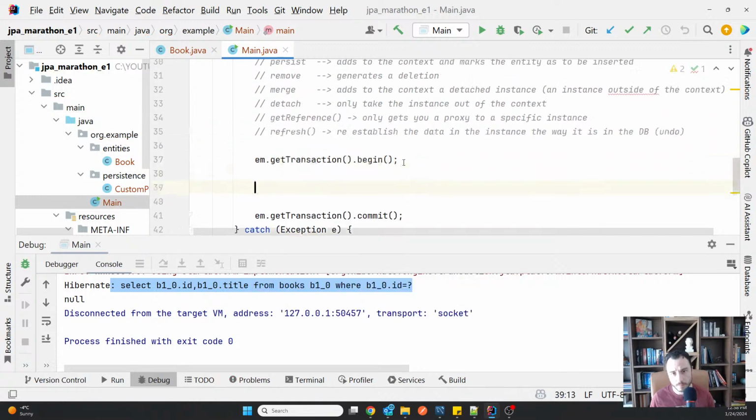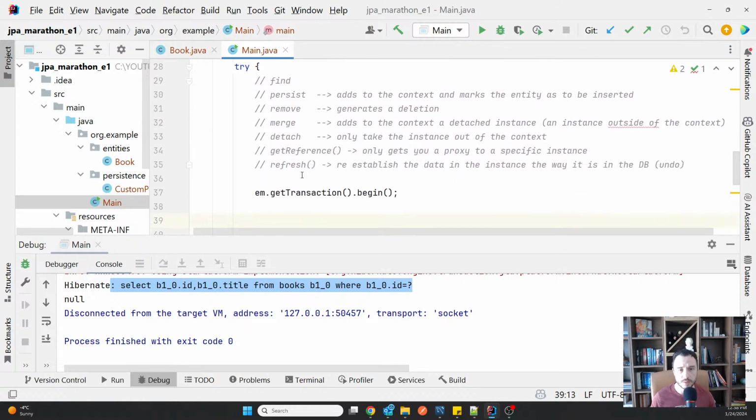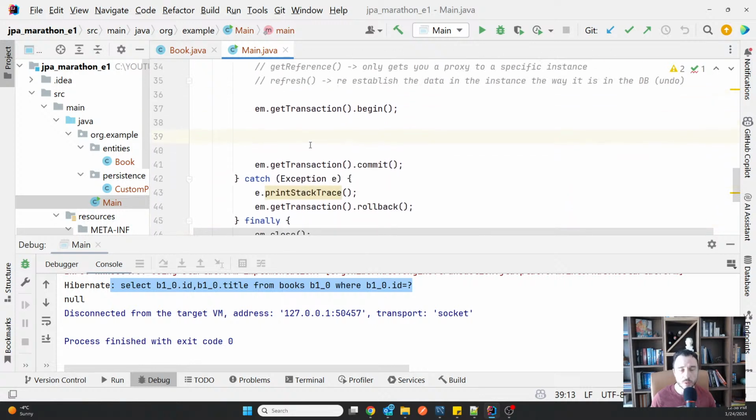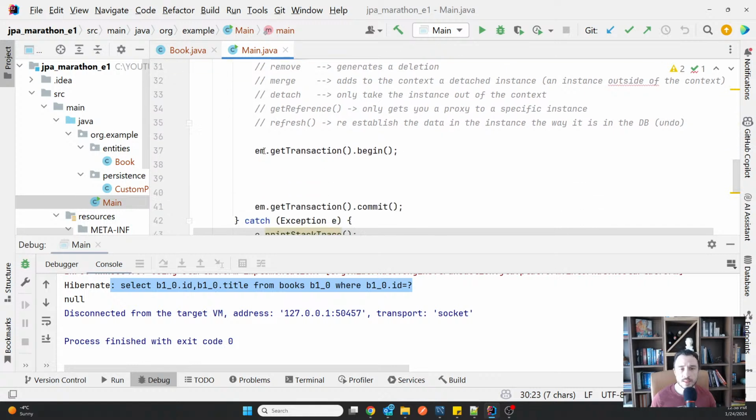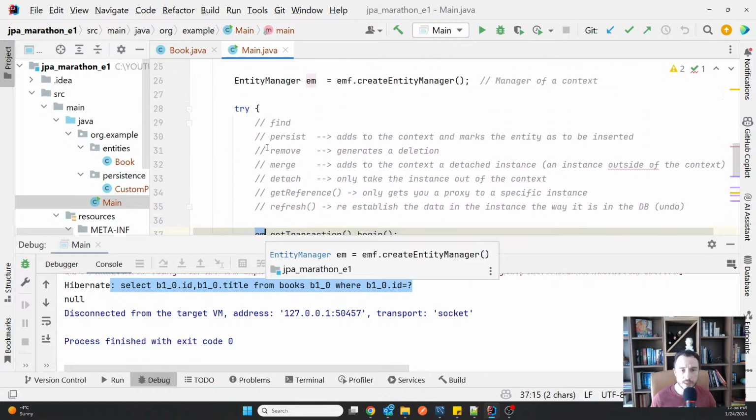So these are all the operations I think that we need to know about the entity manager and work with. Now, even if you use the entity manager directly, you do use a lot maybe persist and maybe remove.